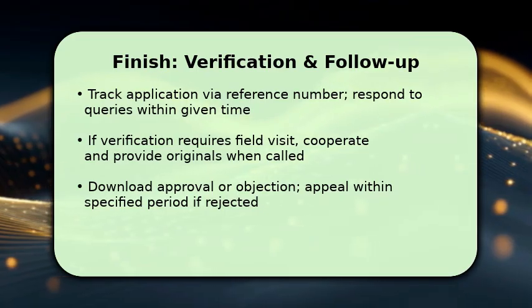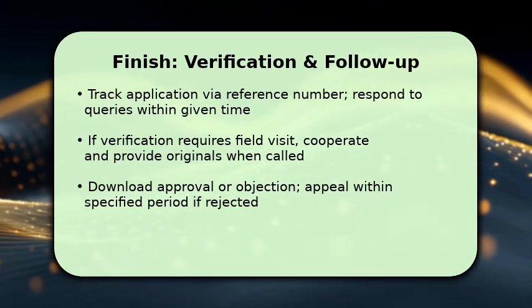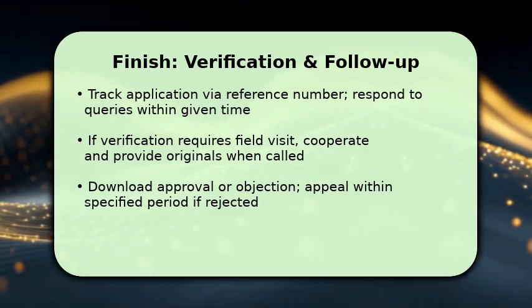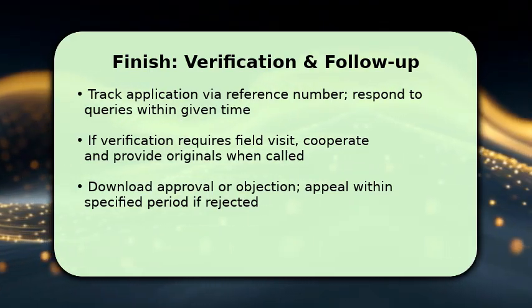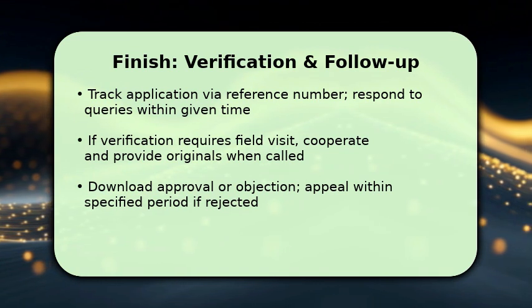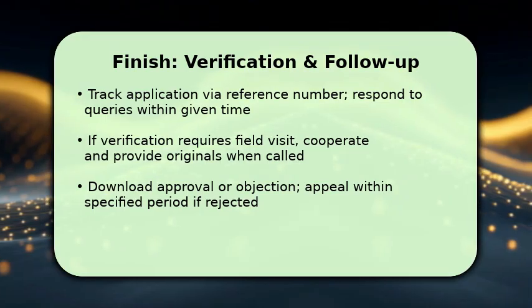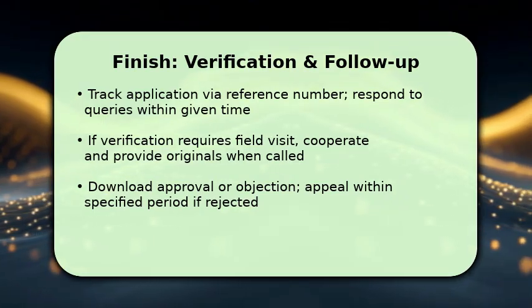Once approved, download the validated caste certificate or the rejection notice. If you receive an objection, read reasons carefully and file an appeal within the stipulated period with supporting evidence. One key troubleshooting tip: document every interaction and keep screenshots for